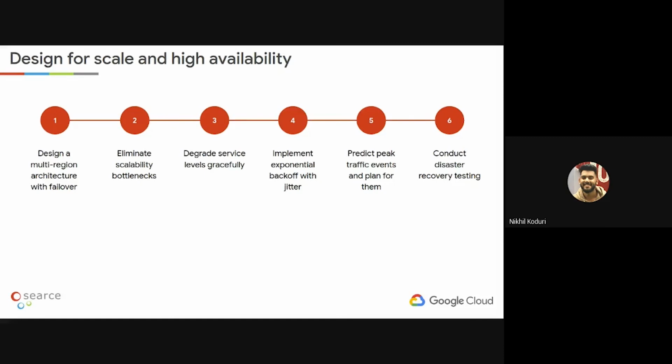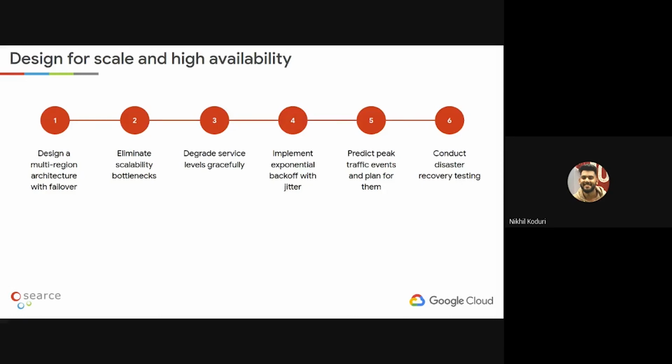And you have to degrade the service levels gracefully. You have to design a service to detect an overload, return quality responses to the user and partially drop traffic rather than failing completely under overload, right? You have to incorporate exponential backoff into your application, add some chaos engineering and circuit breaking, which are things that you can do with tools like Istio, and predict what the peak traffic will be.